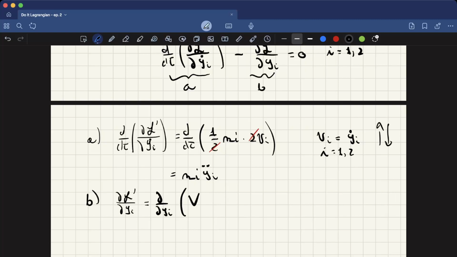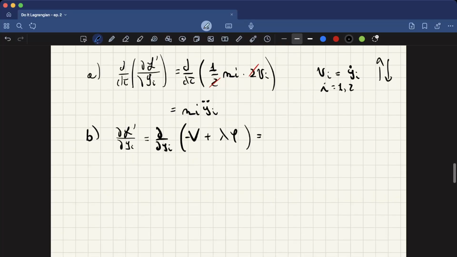In this case we can just write V or minus V plus lambda phi, because those are the only two terms which don't vanish for the derivative in terms of y_i. Okay, so now the potential term will just give us minus m_i times g, and the